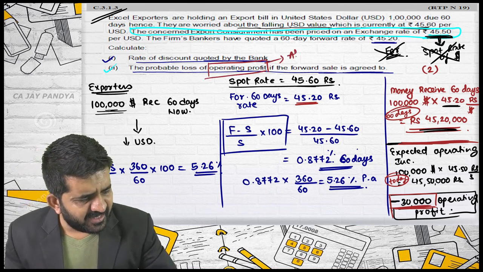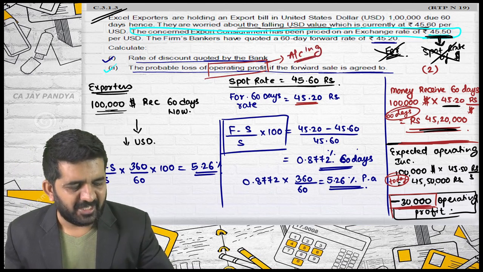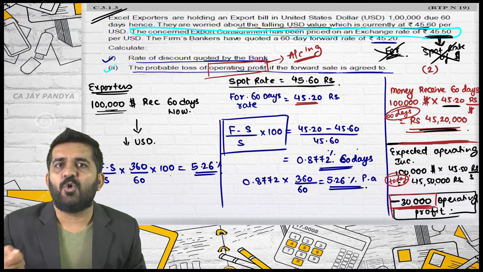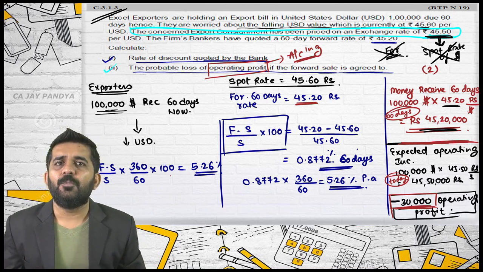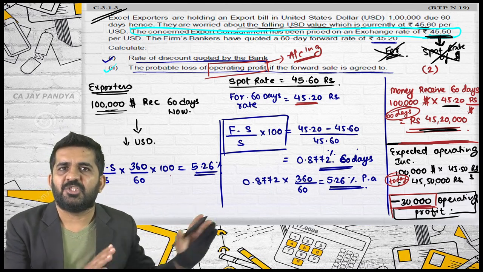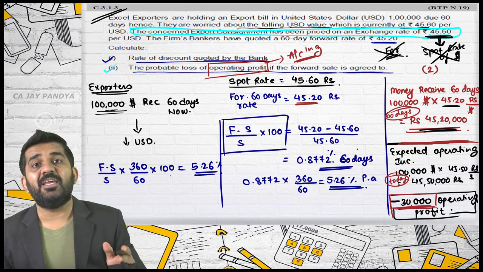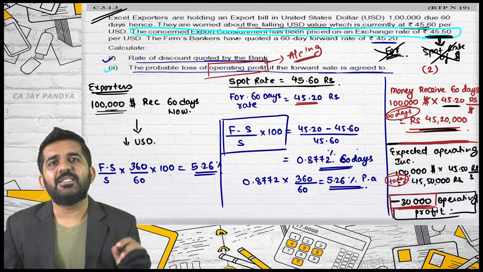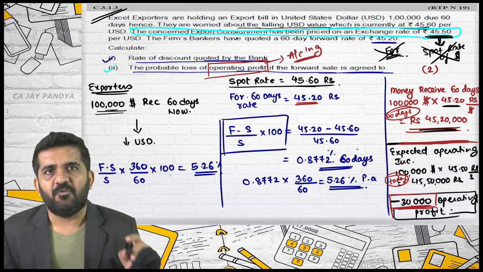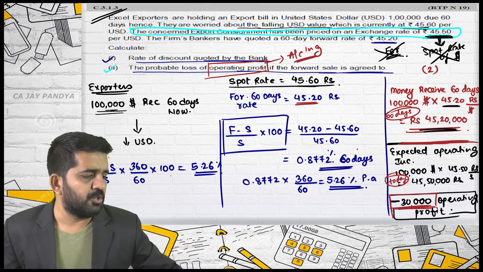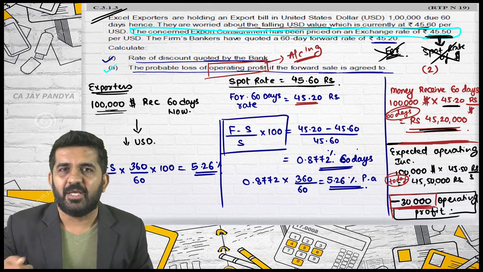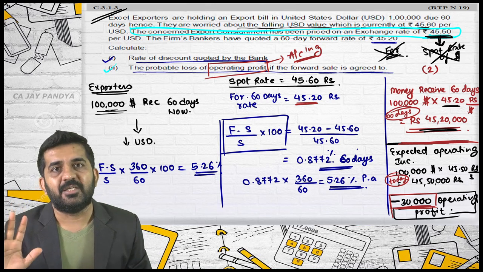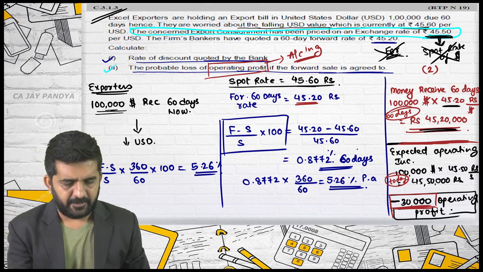Alright, concentrate on what they are asking. They are asking a question which is of accounting, or of costing. They are telling you that because of the change in foreign exchange rate, how much will be your operating loss. This is an accounting or costing question. Whenever there is an accounting or costing question, you don't consider time value of money, and your answer is always correct.